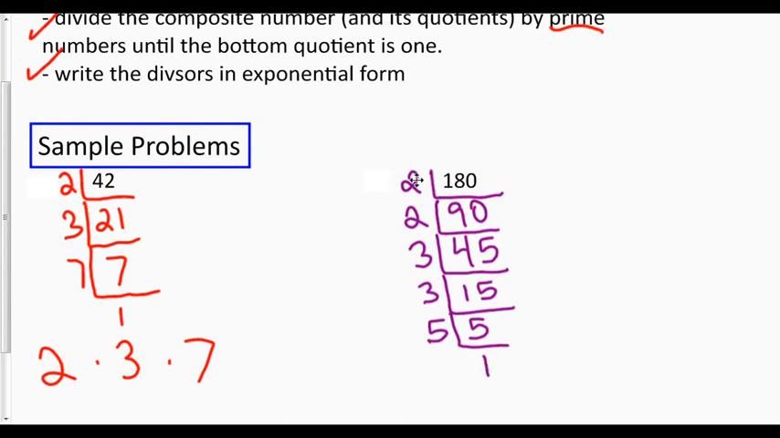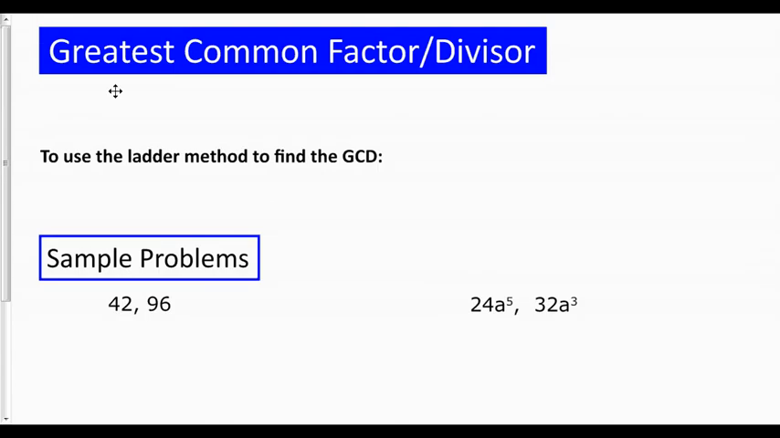So now I can write my divisors in exponential form. I see I have two 2's as a divisor, so it's 2 squared, times two 3's, 3 squared, times 5. All right, next we're going to look at the greatest common factor, or another word for that is greatest